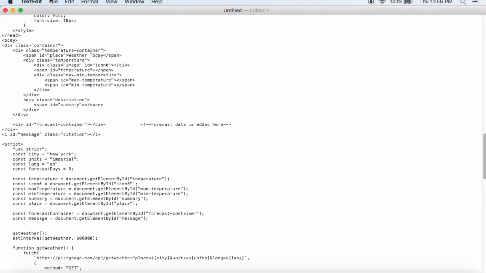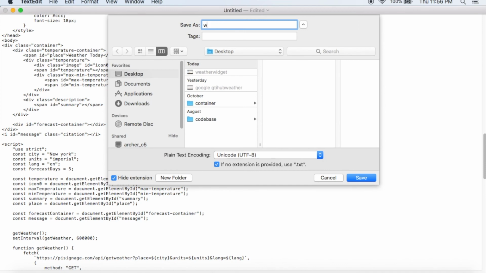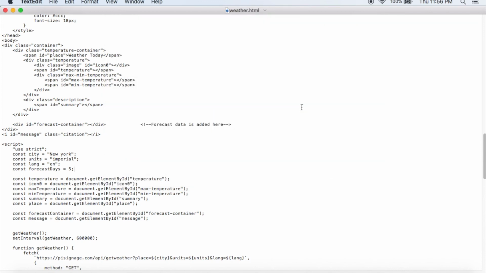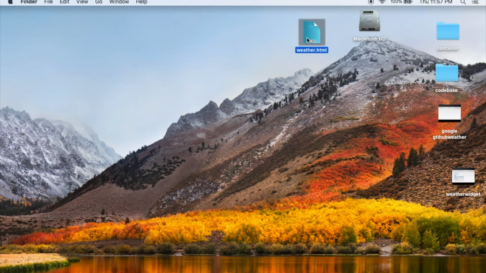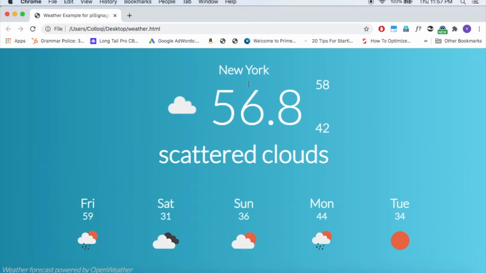Once done, we have to save the file using a .html extension. As mentioned above, if you are using Windows, you can repeat the same process on a notepad file. Just save the file with .html extension. Now you can test this asset by opening it in a web browser. You will see how the asset will be displayed on screen.